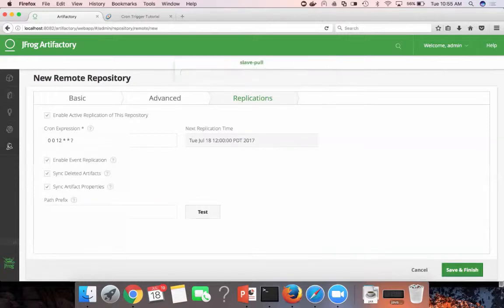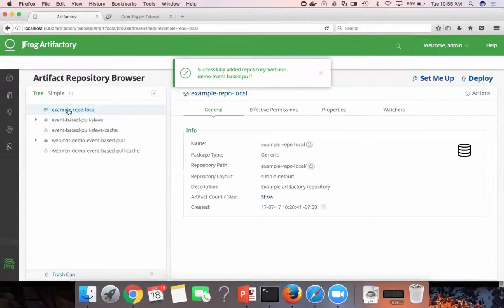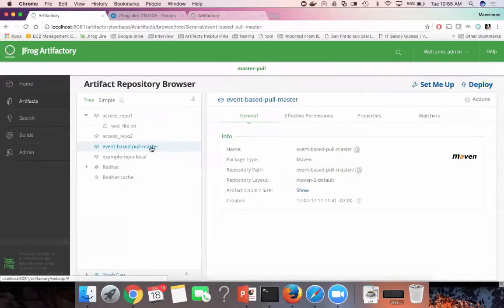Now, if you click save and finish, and if I go into the artifacts tab, now you can see that the webinar demo event-based pull is created. Along with that, a cache repo is also being created as well, which is empty. And as you can see, there are no artifacts right now over here. But now if I go back to my master Artifactory instance, and if I go to deploy an artifact over here,